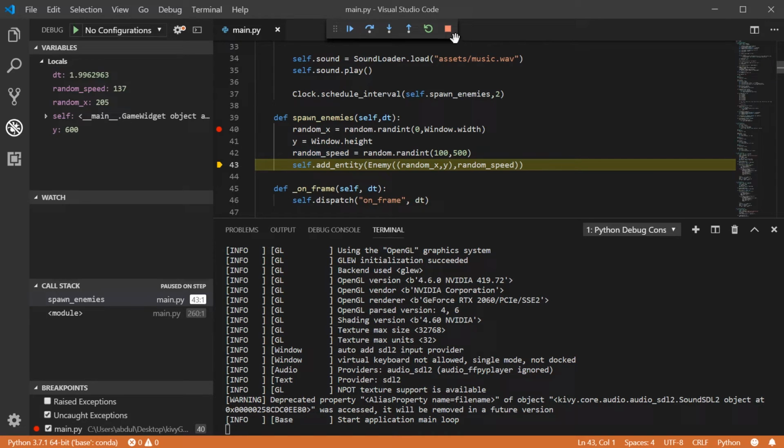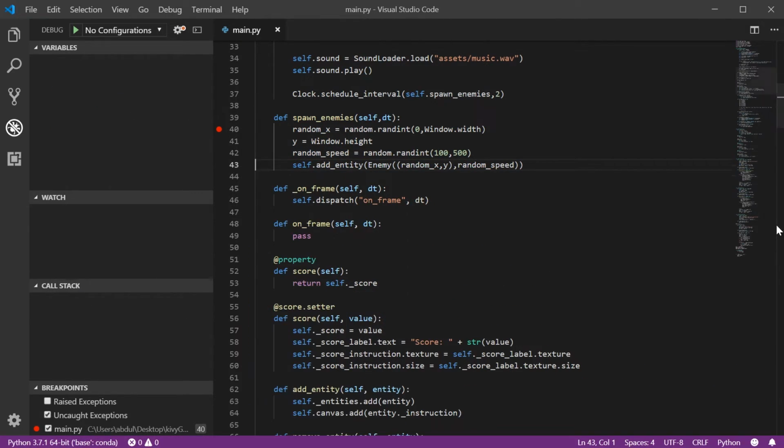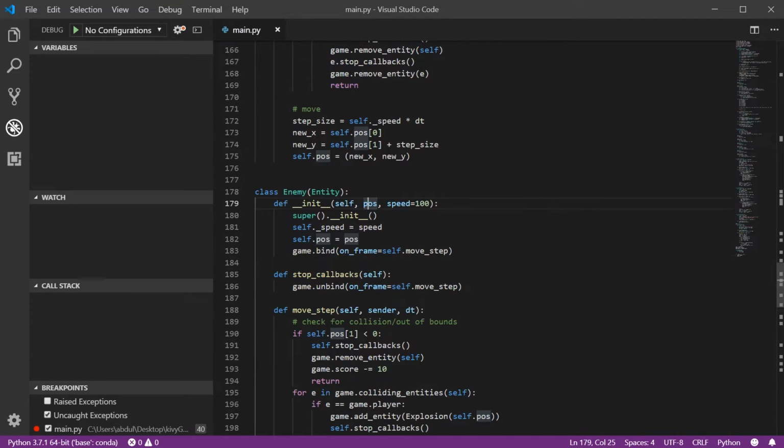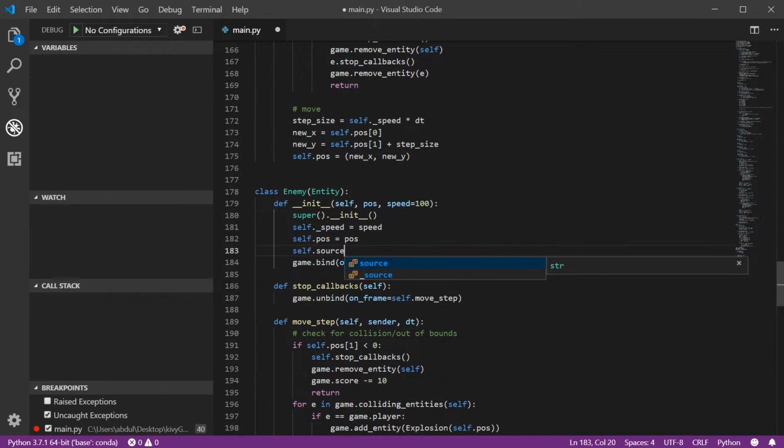Okay, so we know add works. Let's go inside the enemy and make sure everything here works. Position is set properly. Oh, we are never setting a source. So self.source equals